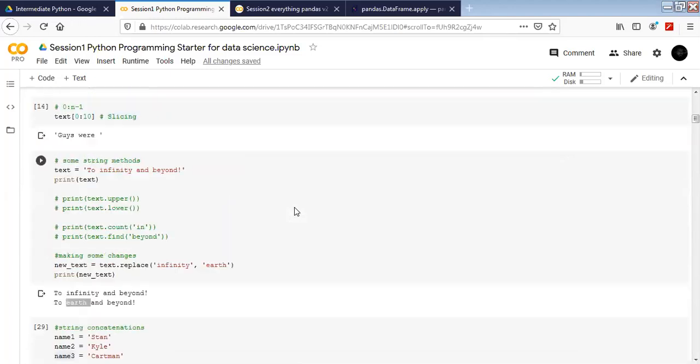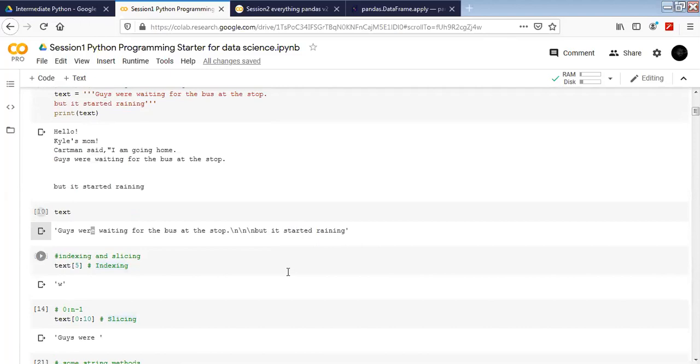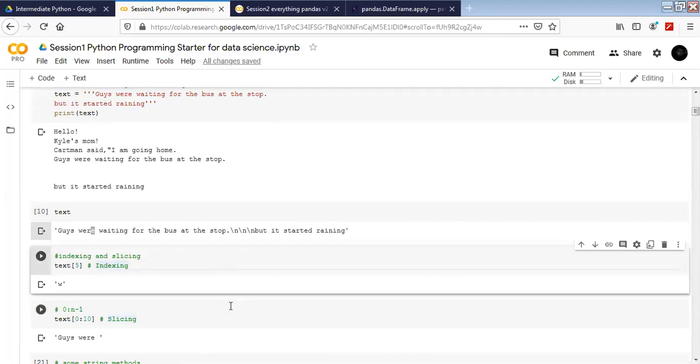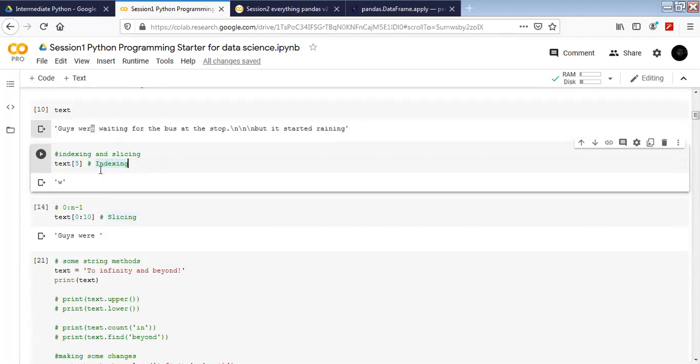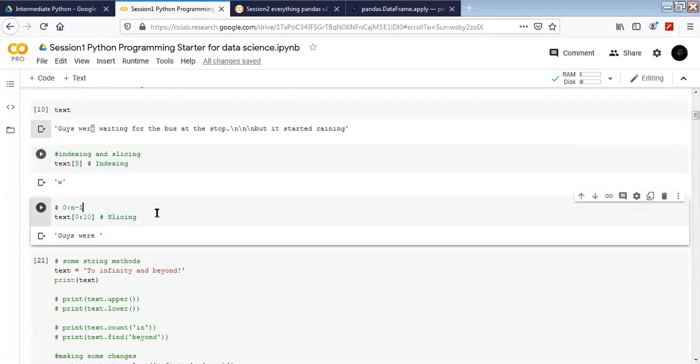So far, conceptually, we have understood two new things. The first one is indexing. Indexing means the position of a character in a string. Another one is slicing. Slicing is pulling out a part of the whole string, starting from one position and ending at another position.